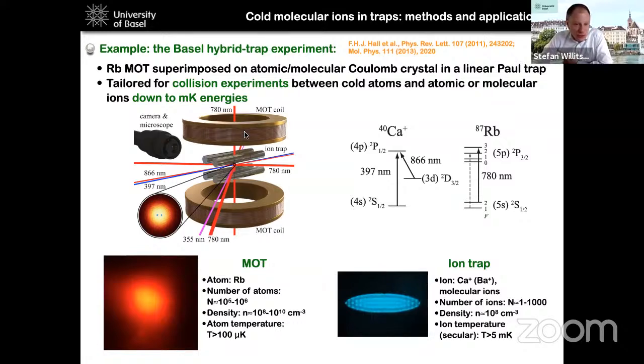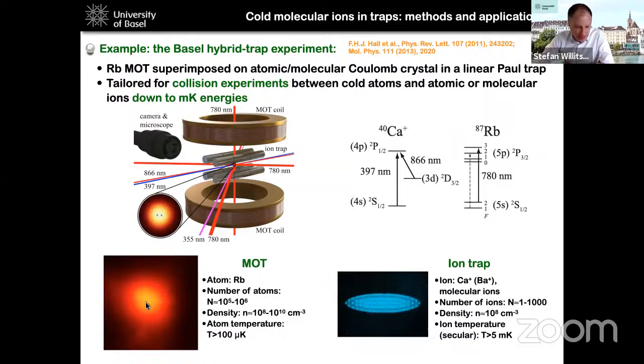And that is superimposed with a magneto-optical trap. So a magneto-optical trap consisting of two coils that create an inhomogeneous, quadrupolar magnetic field. We then have laser beams in an optical molasses configuration, which then cool atoms in this quadrupolar magnetic field. And in our case, it's rubidium atoms,